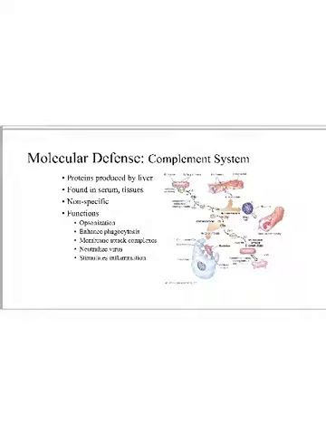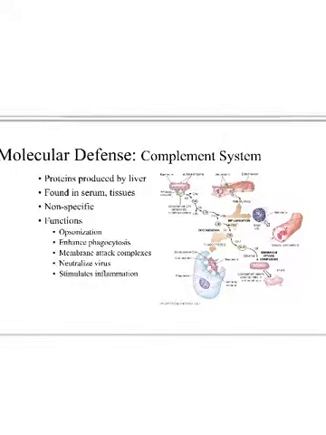That's why they're called the complement system. So they complement what else is going on in your body. To me, the complement system is kind of complex because it's a cascade effect. And I don't expect you to memorize all this, but I want you to understand what it does,